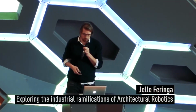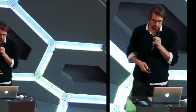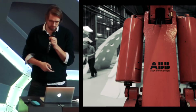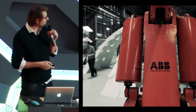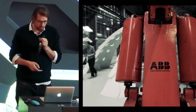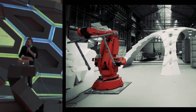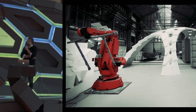Beautiful robots. Those were shipped off to the RDM harbor in Rotterdam. We needed to create a bit of a niche of autonomy to play with these 2.5-ton monsters. So we managed to get a hold of these robots for basically scrap prices. And one of the first projects that we explored was this vault, for which we invited Matthias Riebmann, who